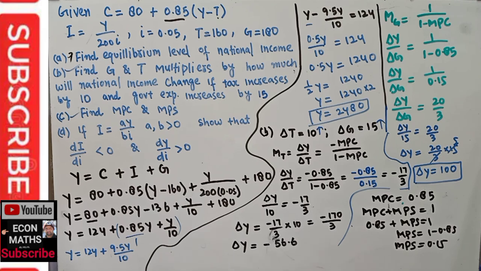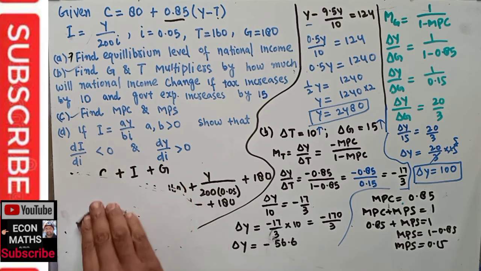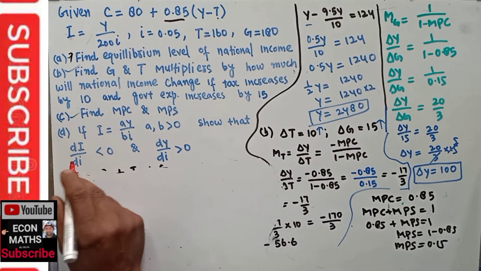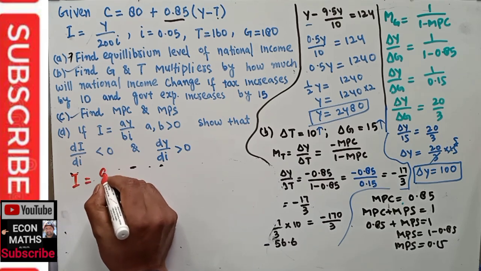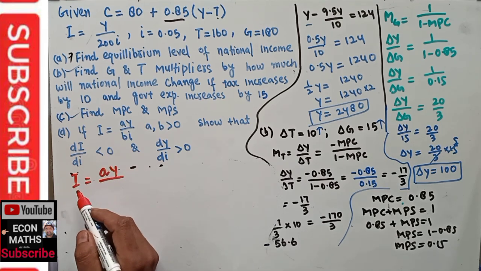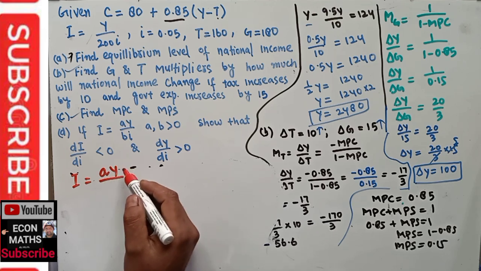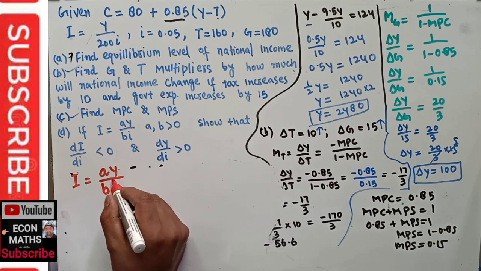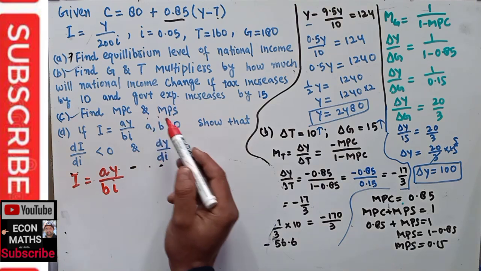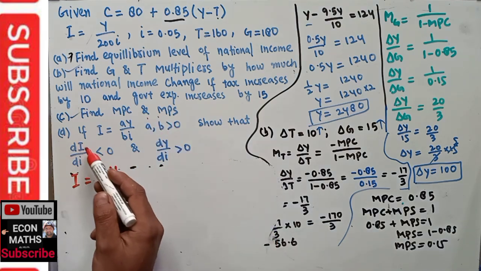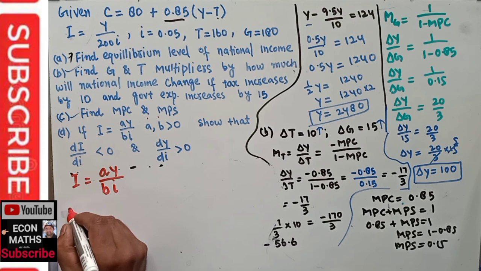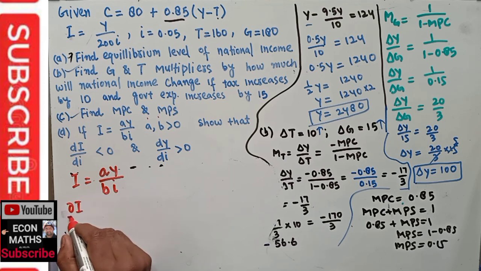Okay, now comes the D part. We need to calculate, rather prove, the D part here. Now D part says if investment is a positive function of income, rather investment is directly proportional to the income and inversely proportional to the rate of interest. We are also being told a and b are positives. We have to prove that the change in investment due to the change in interest rate will be negative. Okay, so let's take the derivative, that is the change in investment with respect to change in interest